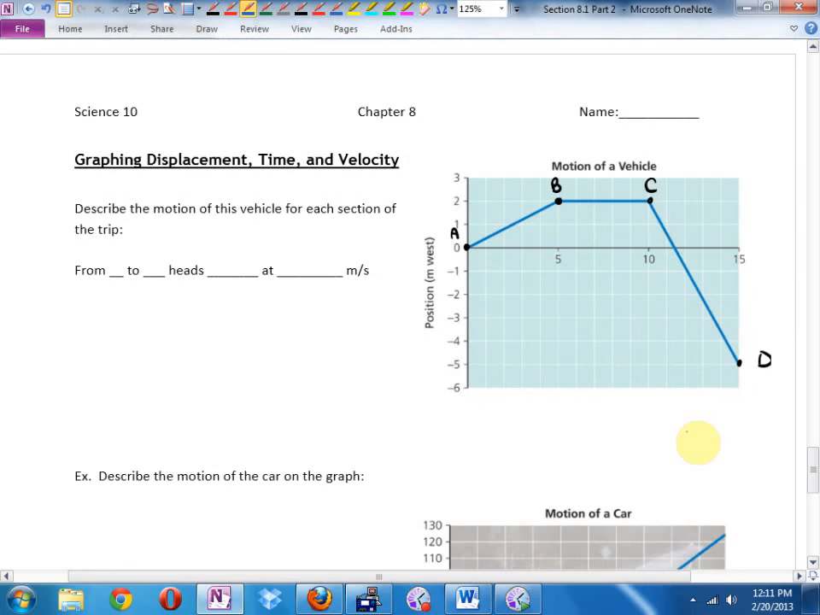So let's look at some examples here. I wrote down here, describe the motion of this vehicle for each section of the trip. And I decided to call each time it changes, I called it A, B, C, and D, so I have some kind of a reference. So here's what we're going to fill in. From A to B,